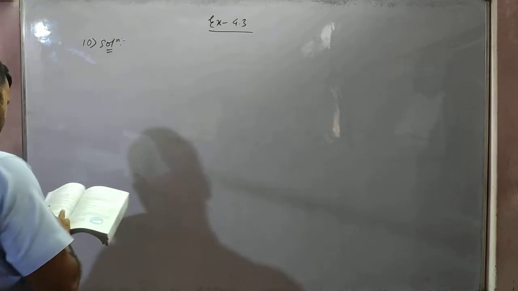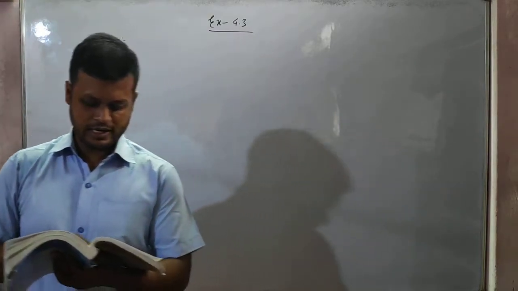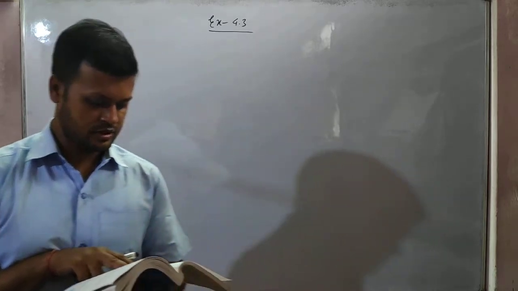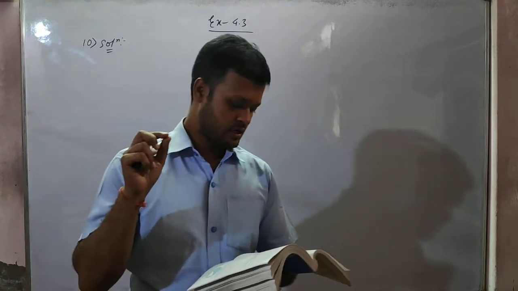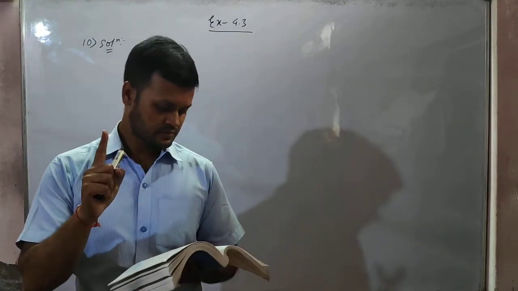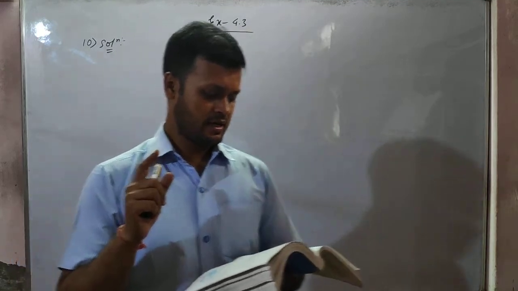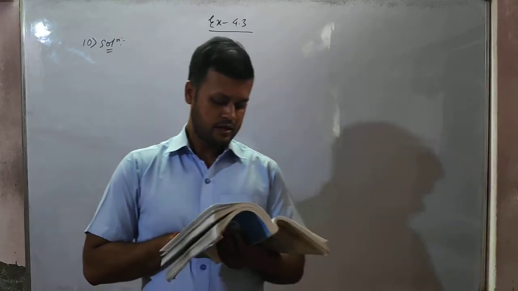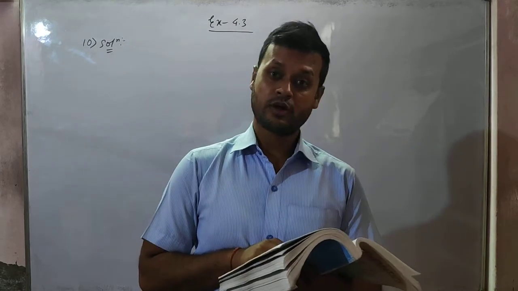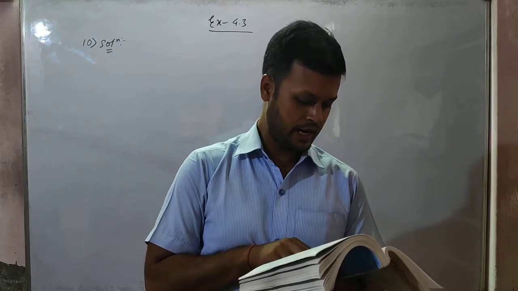So an express train takes 1 hour less than a passenger train to travel 132 km between Mysore and Bangalore. So the train travels, two trains are there, one is the express train and a passenger train. The express train takes 1 hour less than the passenger train to travel between Mysore and Bangalore. So without taking into consideration the time they stop at intermediate stations.